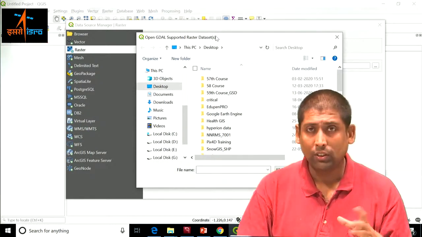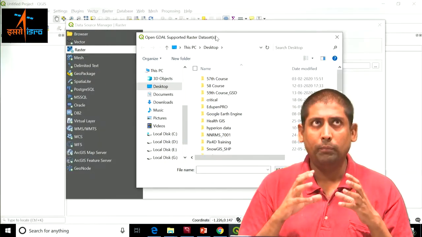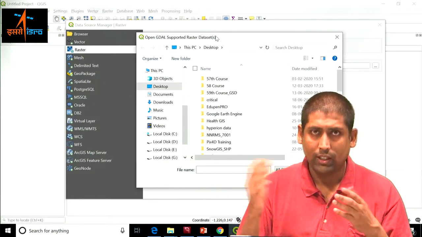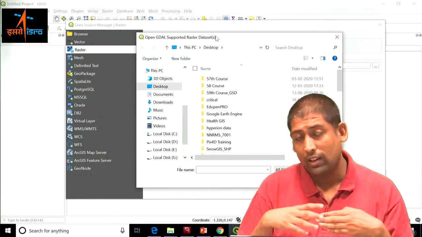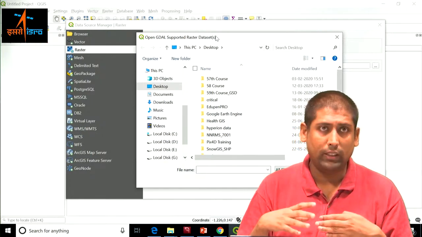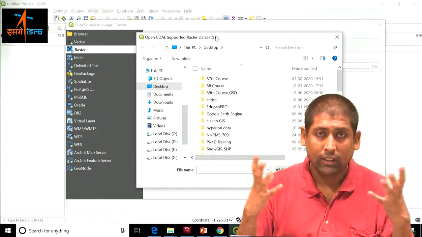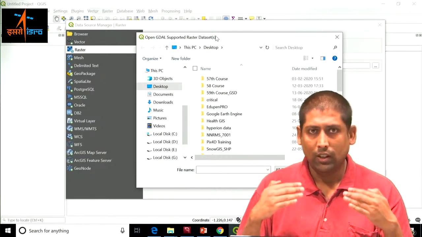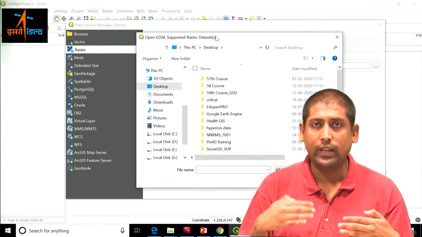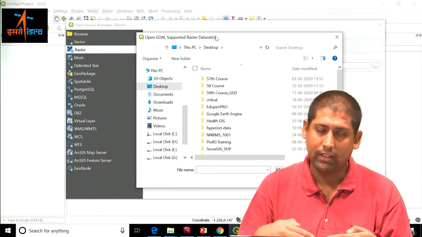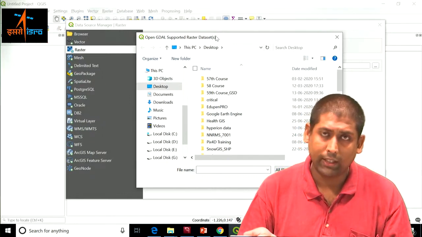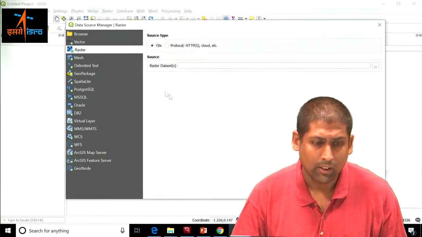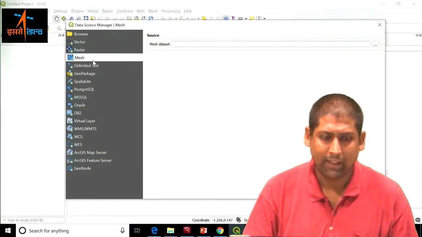Some proprietary software makes you store data in formats which cannot be opened in other software. This is called vendor lock-in. These are not open formats. These are not OGC compliant. There is an international body which says that all GIS software must be able to import and export files in open formats. That is called OGC compliance. A lot of software doesn't get OGC compliance, and then they state different reasons, and we'll not go into that. So then there are newer formats like Mesh.